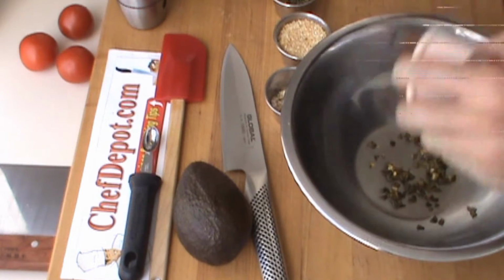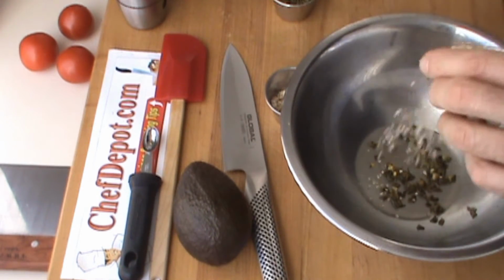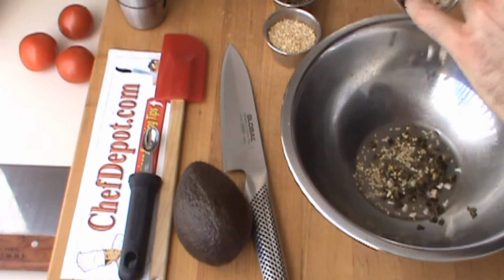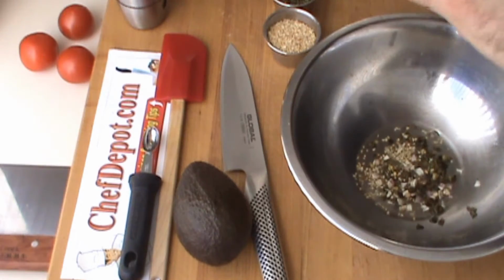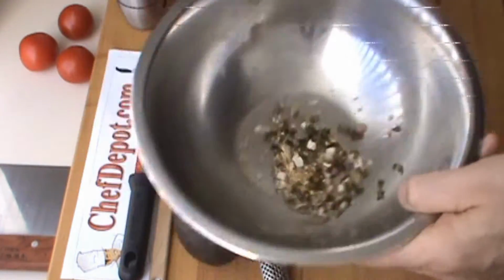That's it. Okay. In this recipe, I'm also going to put a little garlic, and I'm going to put a little bit of the shallots. You can use onion if you want to. The shallots just taste a little bit better. Okay. So these are my first ingredients right here,